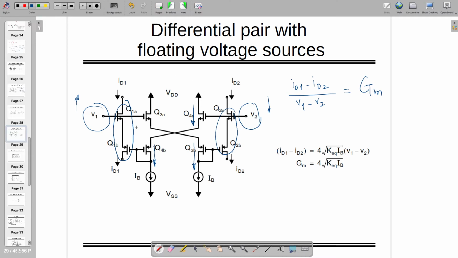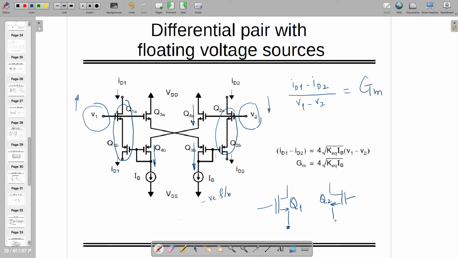So this whole loop is actually a kind of Wilson current mirror, where it's a negative current feedback, and we are taking care of ID1 minus ID2 divided by V1 minus V2. This is taken care of by one important thing, which is negative feedback. And when we are implementing this, the complete transistor is a big transistor. It's a big transistor which is not only Q1A or Q1B, but let's call this one as Q1 and let's call this one as Q2,